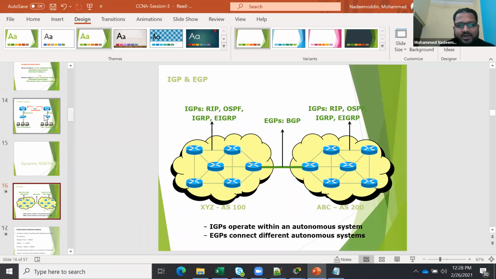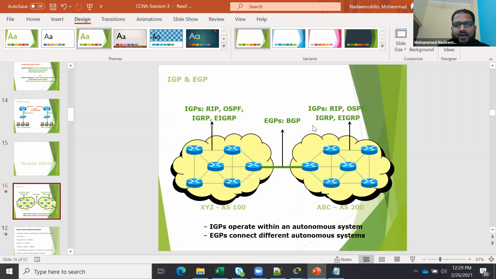In the static routing we are defining everything manually, but in the dynamic routing there are protocols. It is broadly defined as IGP and EGP: interior gateway protocol and exterior gateway protocol. Interior gateway protocol means within an AS, and exterior gateway protocol means between AS numbers, autonomous systems, right? In the IGP there are protocols like RIP, OSPF, EIGRP. For the EGP, there is one bigger protocol called BGP. This is also called the internet protocol. BGP is a very big protocol.